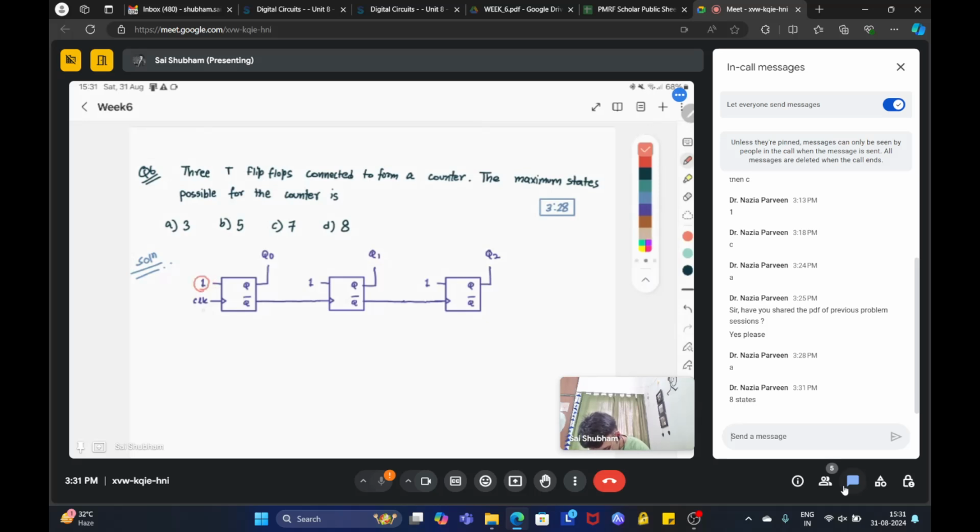Since T is 1, for every positive edge this is triggered, so this is positive edge triggered. For each positive edge, this will go from 0, 1, 0, 1. Now this will have the opposite trend: 1, 0, 1, 0, 1, 0. But since this is connected to the clock of the second T flip flop,